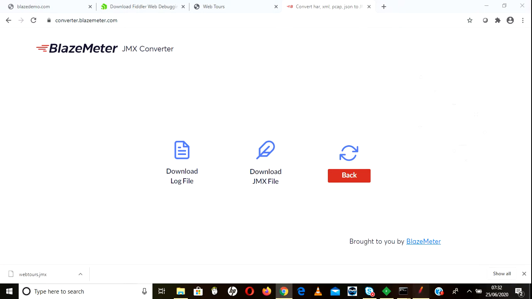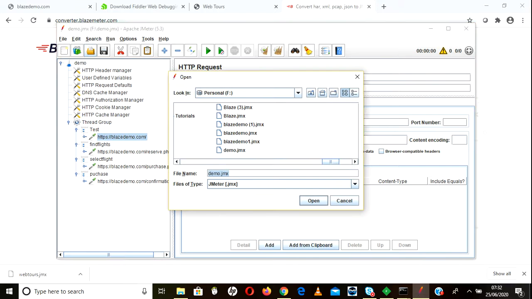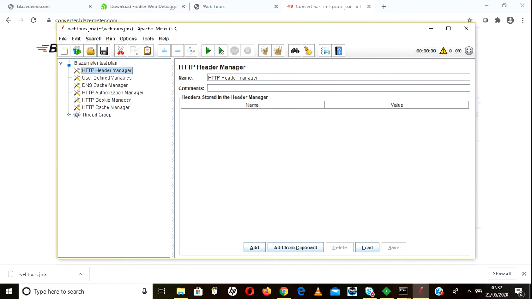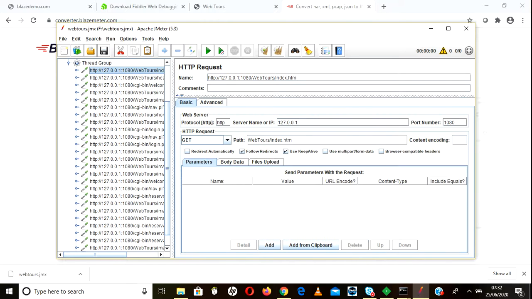Now I will go and open that JMX file. Go to open. Now we have to give WebTours, right? Just WebTours.jmx. Click open. See, automatically everything is ready. All of this has come, right? WebTours, HTML, signup, true, PNG files.